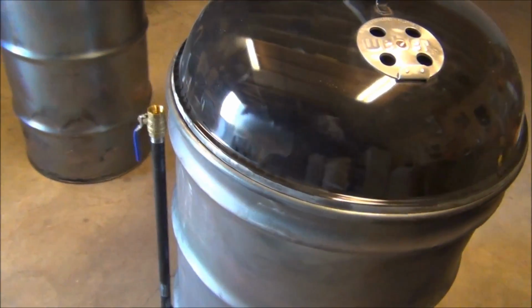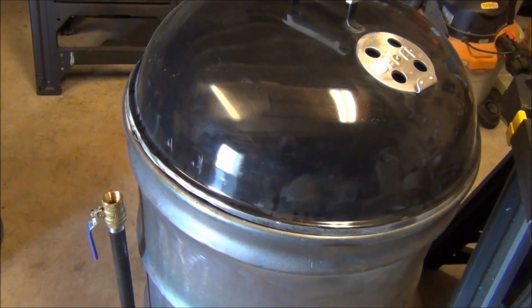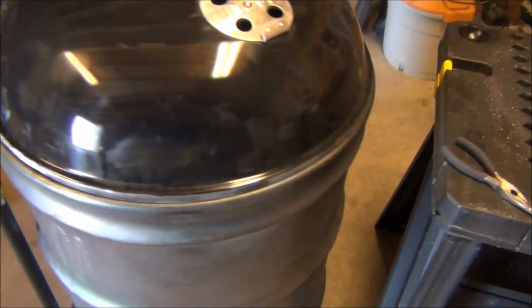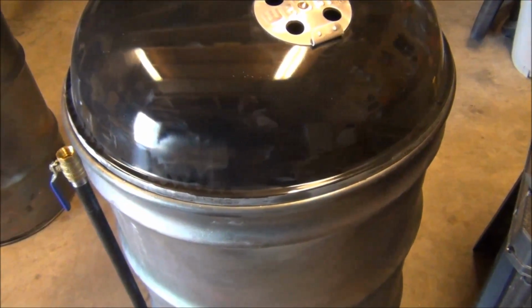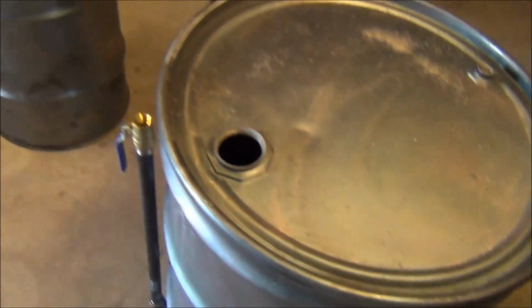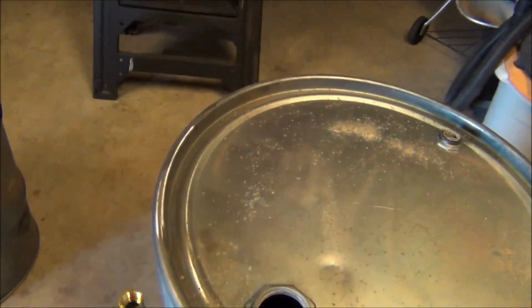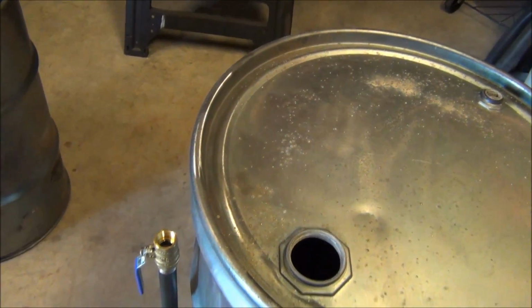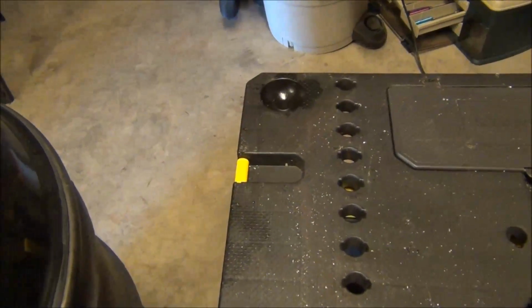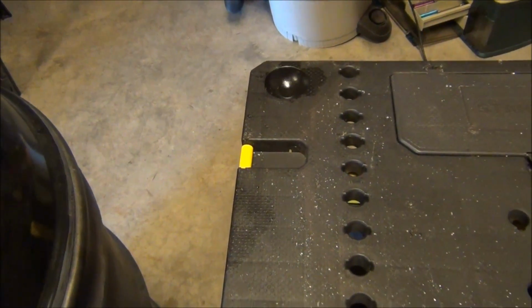Alright guys, today I'm going to try and get this lid going here. My plan is, let me move this out of the way. Basically I got the flat drum lid here. So what I plan on doing is taking the drum lid, or the Weber lid, setting it on here,